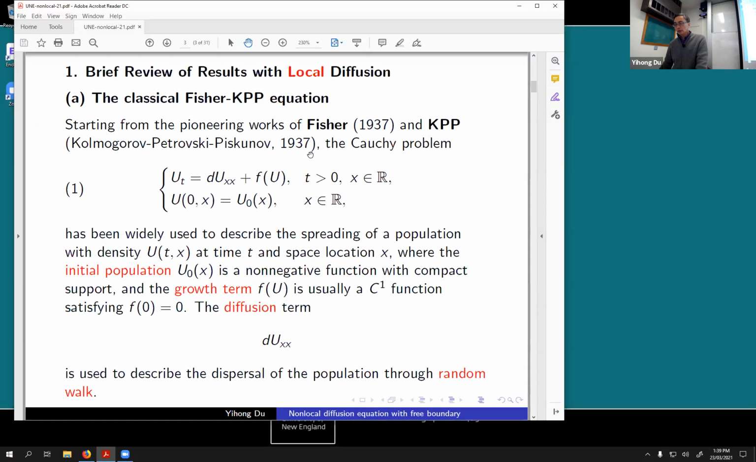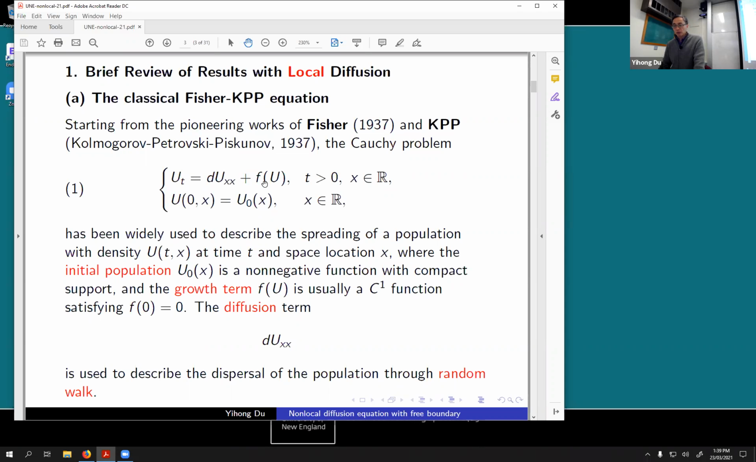Interestingly, Fisher and KPP, of course, KPP stands for these three Russian mathematicians. Perhaps I should say Soviet mathematicians. So they had a paper, well, two papers. Fisher one, KPP another one, appeared in the same year, 1937. They both, independently, in both papers, tried to use this